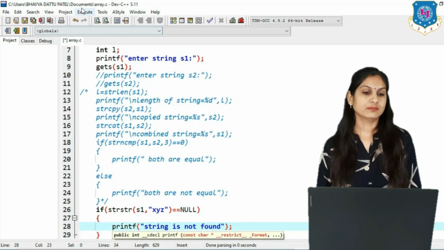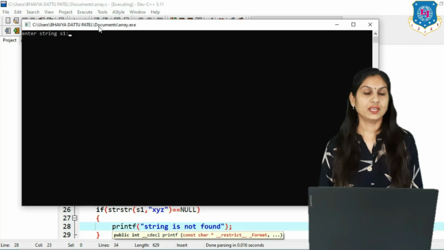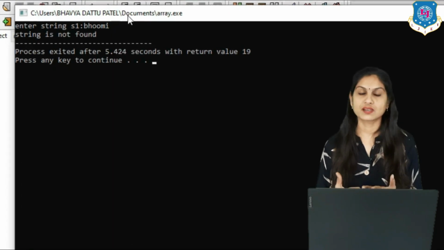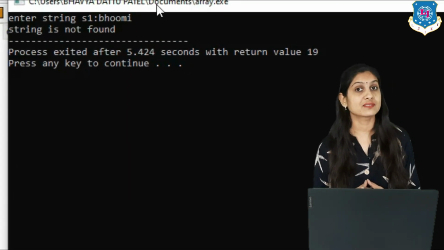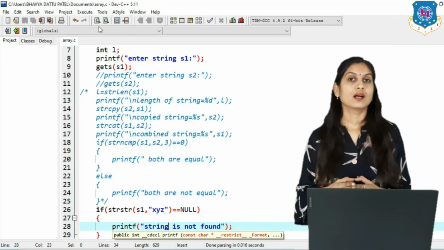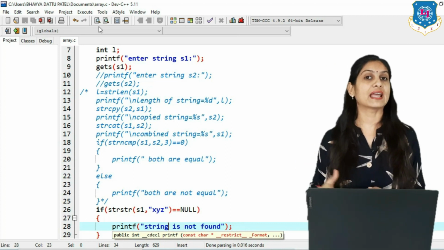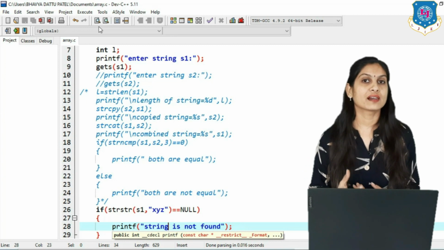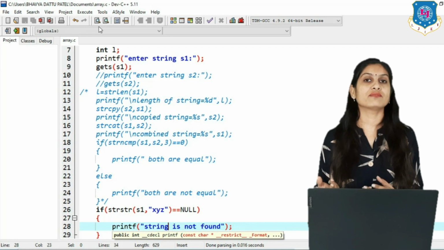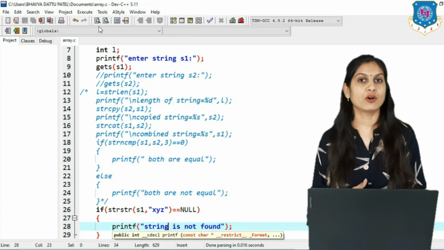Now execute this program, compile it and run it. And suppose here the string is same, my name, then the output is string is not found because xyz is not present. So likewise you can use all these functions. If you remember, all these types of problems we search in our Excel. Suppose in Excel you are finding some characters, or if you want to find some string, you can also find some number, whether it is present or not in our list, then you can write this type of logic.